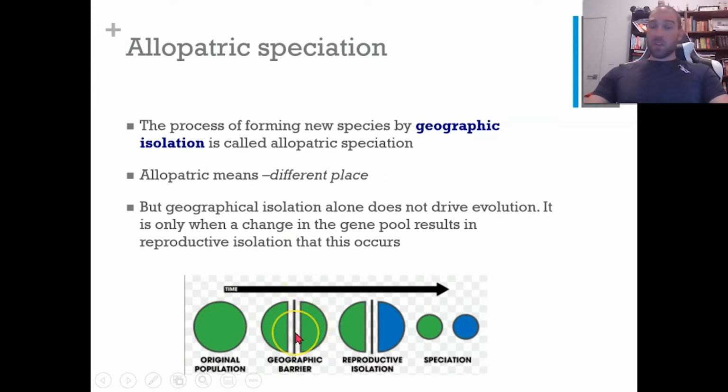So a geographic barrier could be something like a mountain. It could be something like a river or a lake. Remember, we're talking about these things happening over long periods of time. So we get a geographic barrier, we get different conditions on either side of the geographic barrier, which leads to reproductive isolation due to selection pressures present on either side of the geographic barrier. And then once you get enough changes in the gene pool, we get reproductive isolation occurring, and that leads to